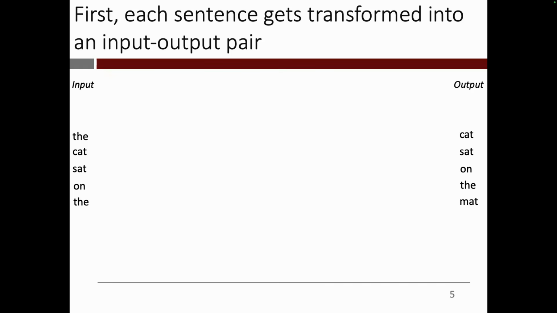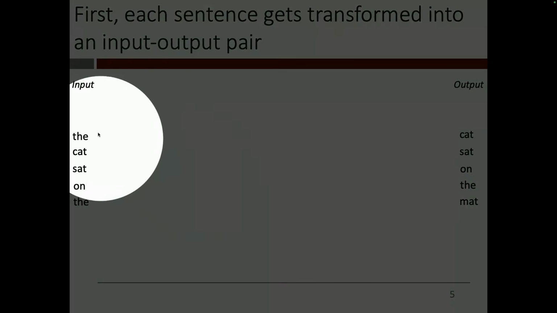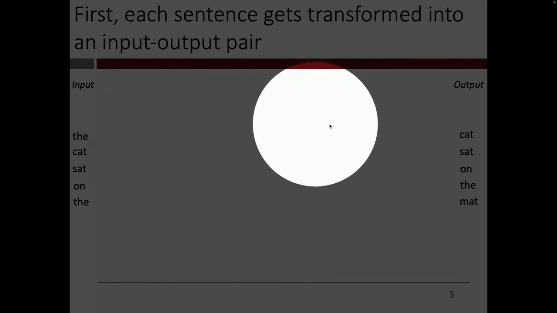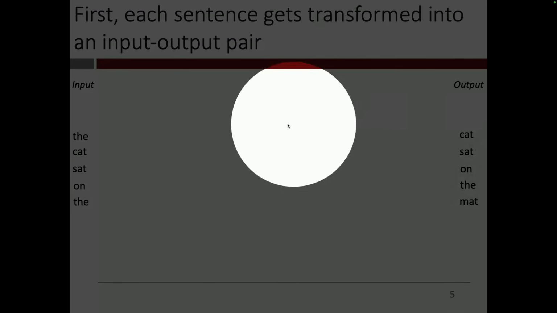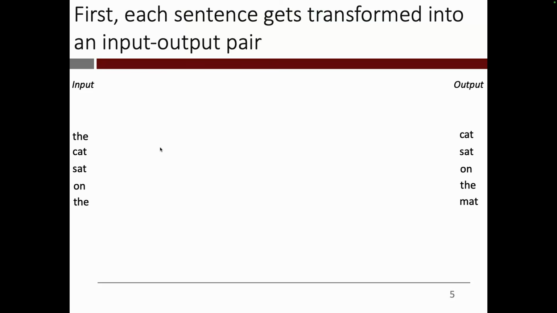So what we're going to do is stack it up like this, where we have the cat sat on the mat on the left, meaning everything but the last word. And then we take that same sentence and just shift it to the left by one. Right? So for the cat sat on the mat, we cut off the last word, the mat, and that becomes the input. Then we cut off the first word, and that becomes the output. So when you look at it that way, you can see here, right? You will want "the" to be used to predict "cat." You will want "the cat" to be used to predict "sat," and so on and so forth. Okay?